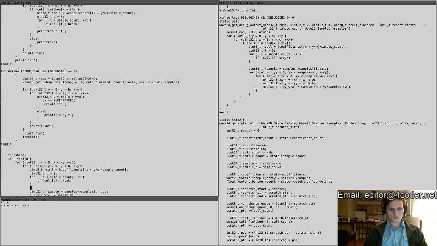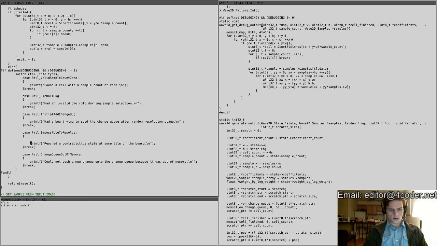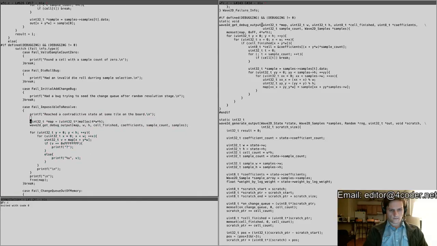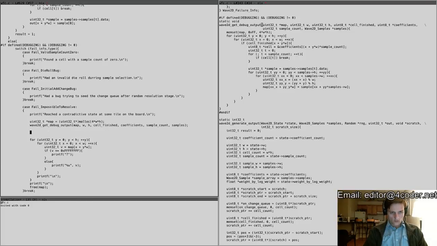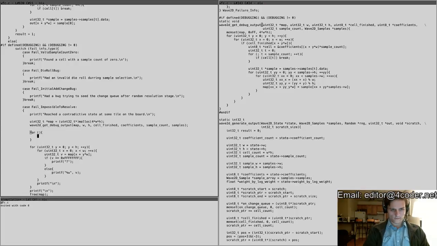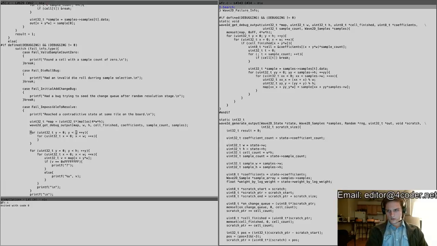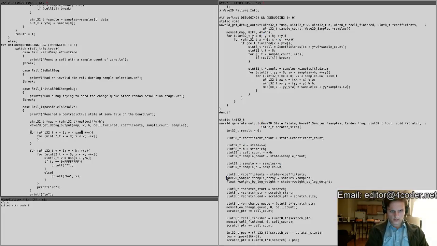So I'm going to grab a copy of this code, and we're going to put it right here, with the primary difference being that before we go, we're going to write a for loop over the sample width, sample height,